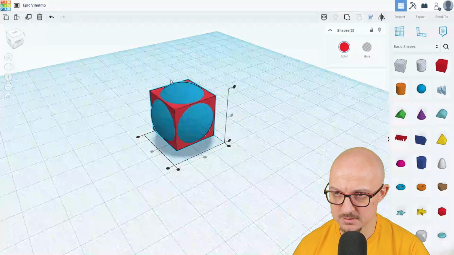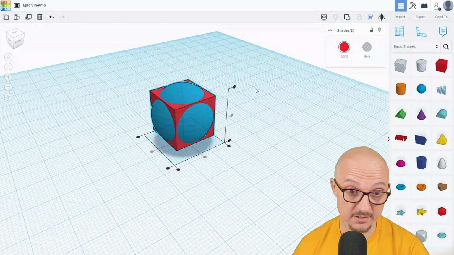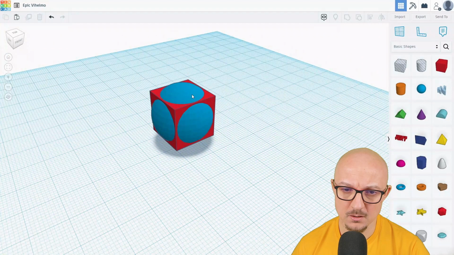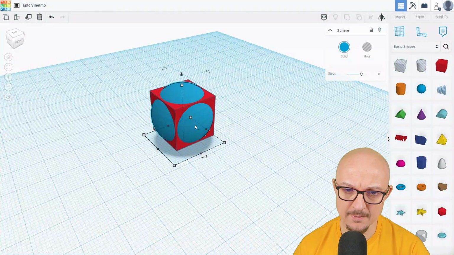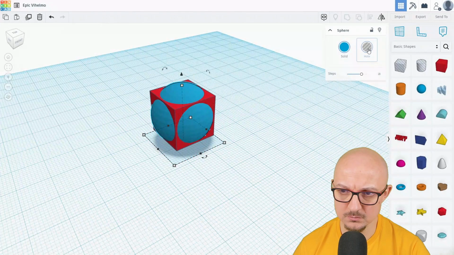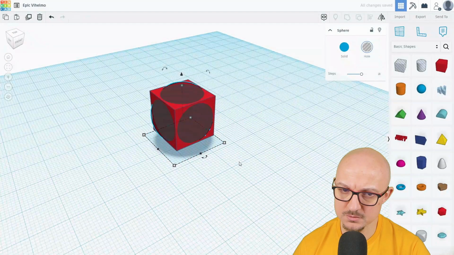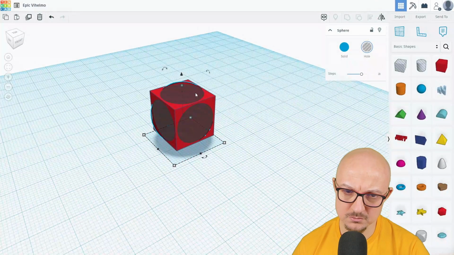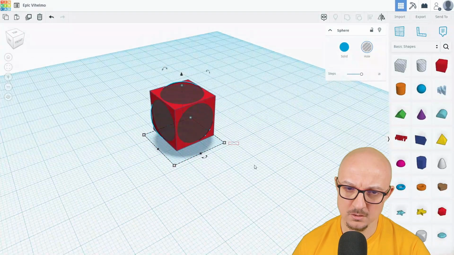And there's no intersection. So what we need to do, we need to actually turn one of these objects into a hole. So we will select, it doesn't matter which one we will use. We'll start with, we'll create a hole out of the sphere,